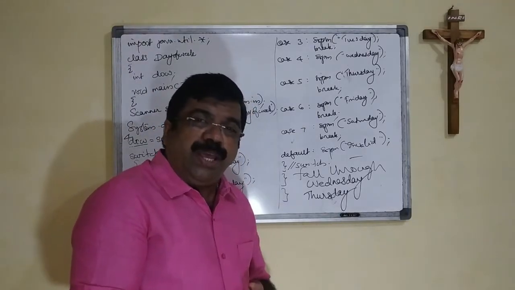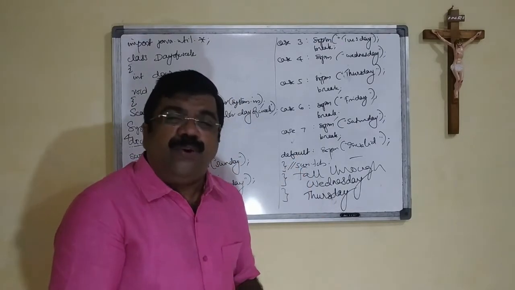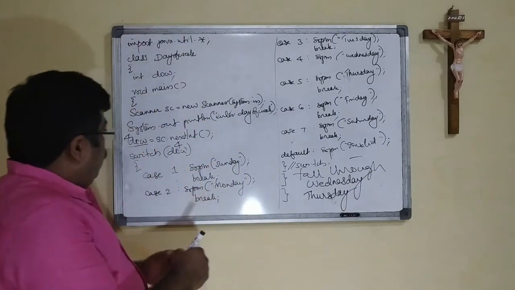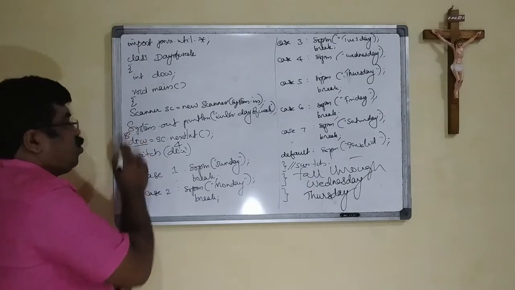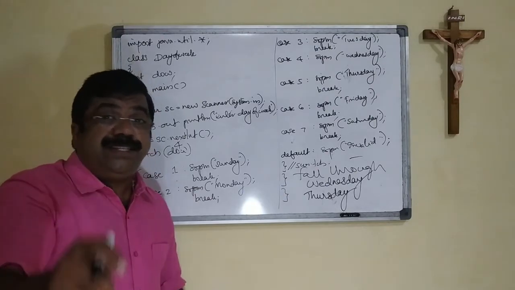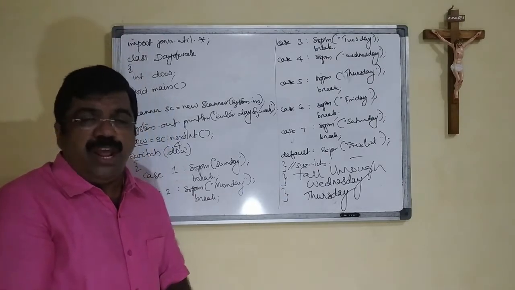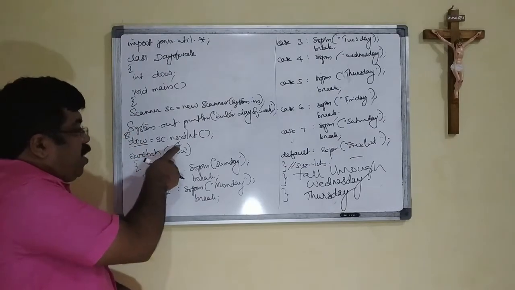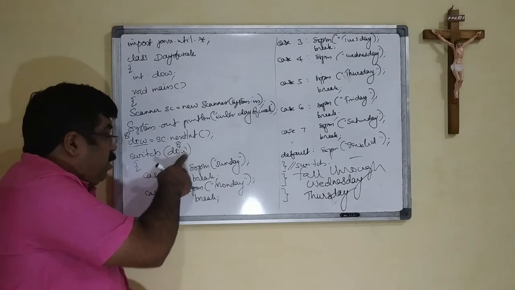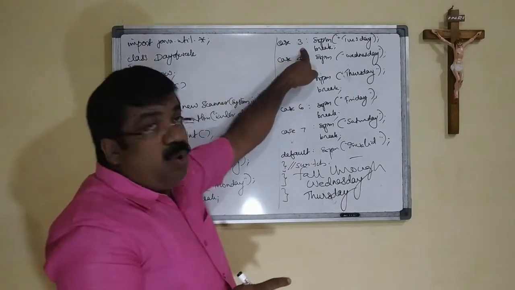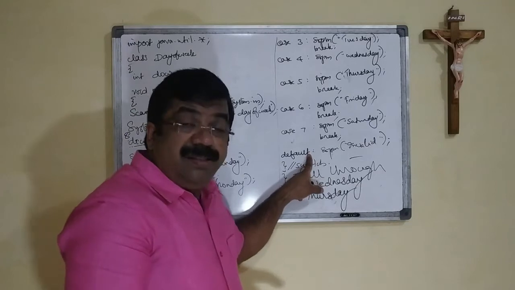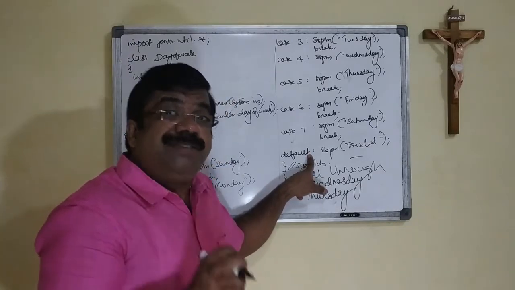One thing more I would like to say, the use of default. I think I told you already. See here, the user is giving a value 8. How many days are there totally? 7 days. So the 8 should not be given with any output. When the 8 is given here, it is compared with each case. No equality, not at all, no. Then the last one will be getting executed.